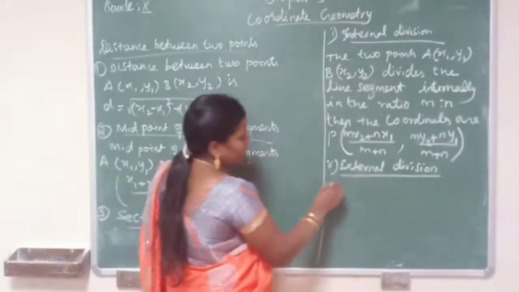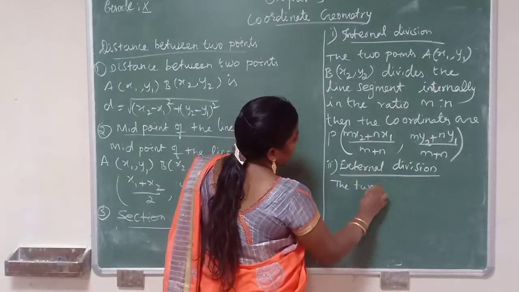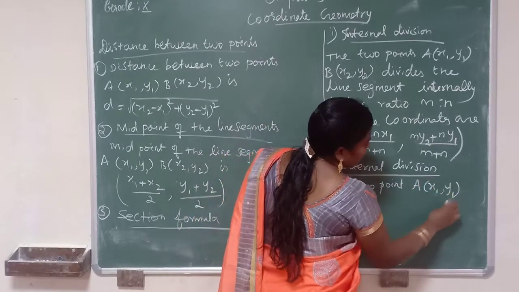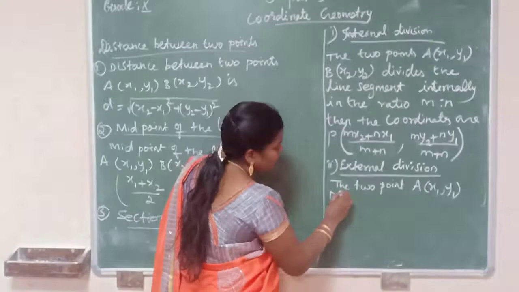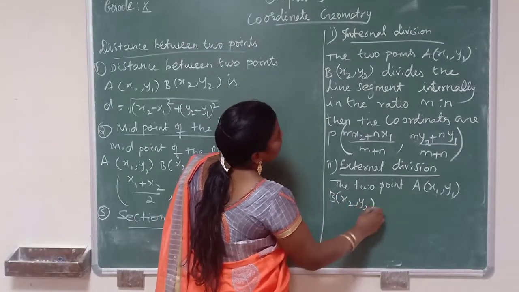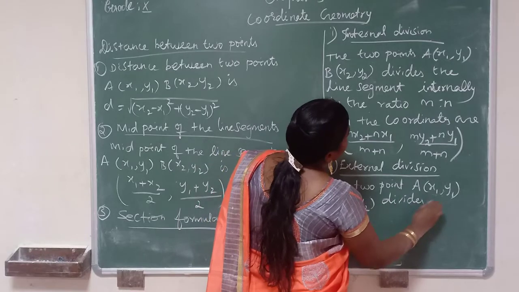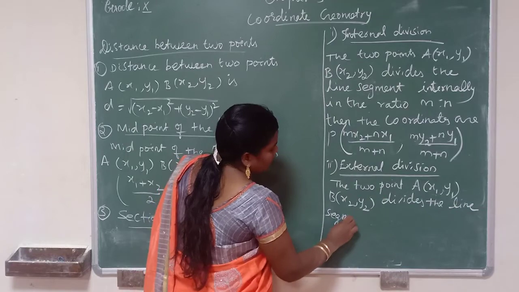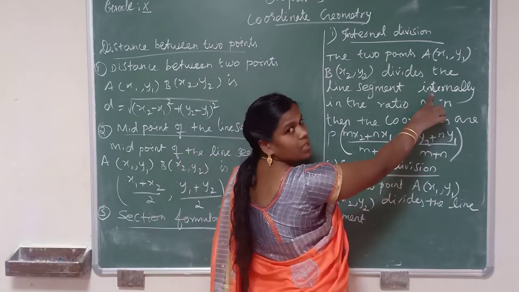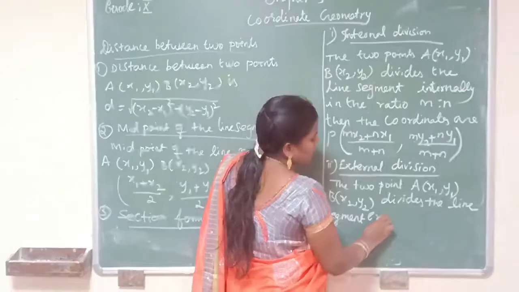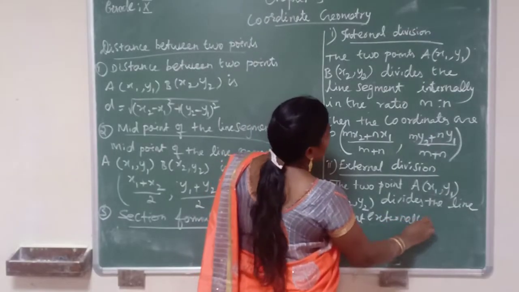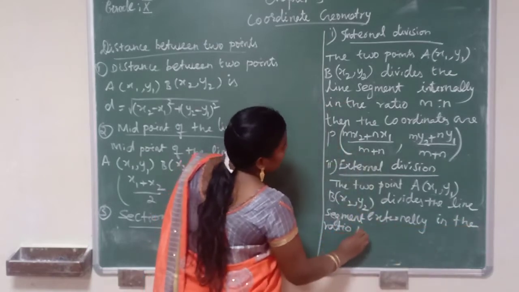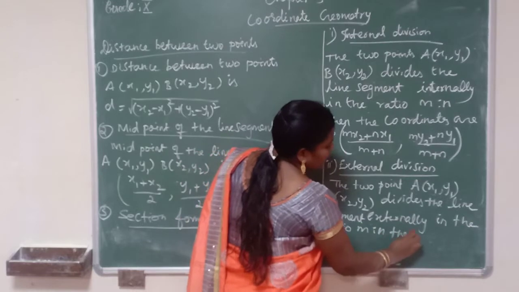Here the 2 points A of x1, y1 and B of x2, y2 divide the line segment externally, in the ratio m is to n. Then the coordinates are